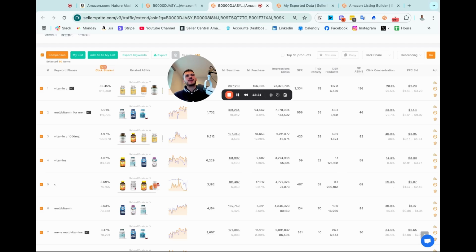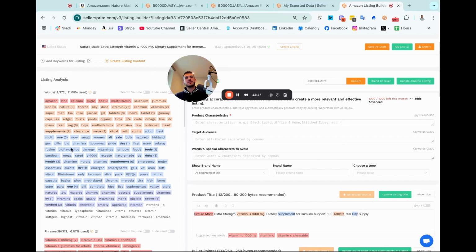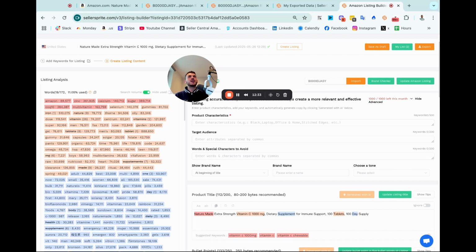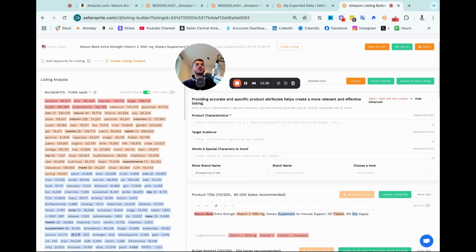You should want to keep the list of keywords around 100 to 200 max, because if you don't, what is going to happen? You can have too many keywords, as you can see here. It's going to be very difficult for you to clear all of them. But assuming that we have done the cleanup and we have all the must have keywords,